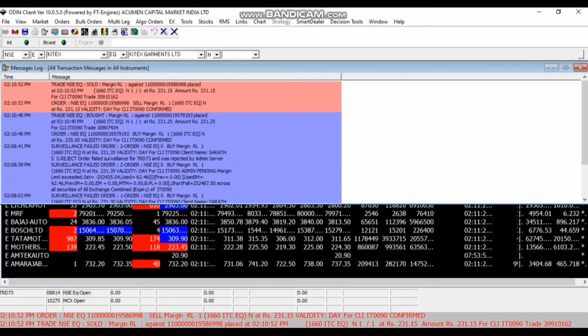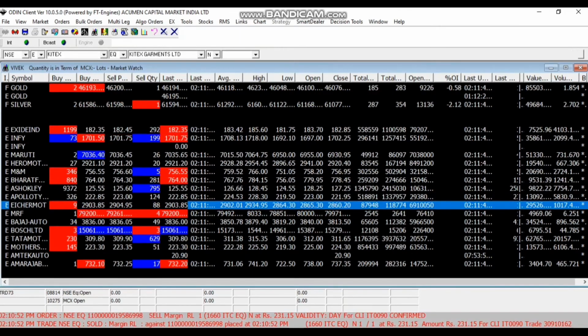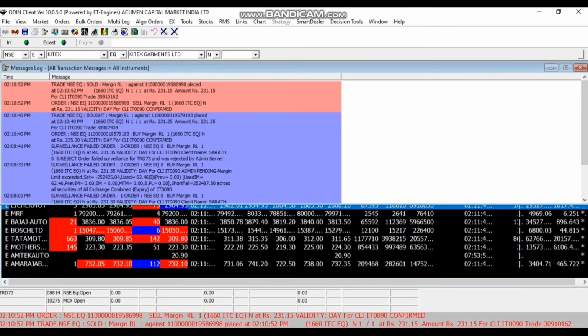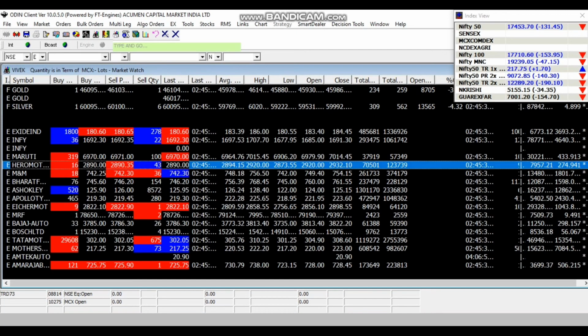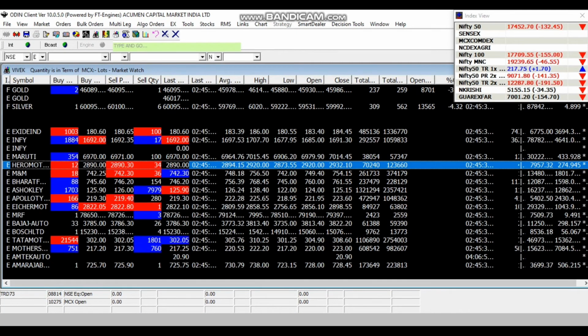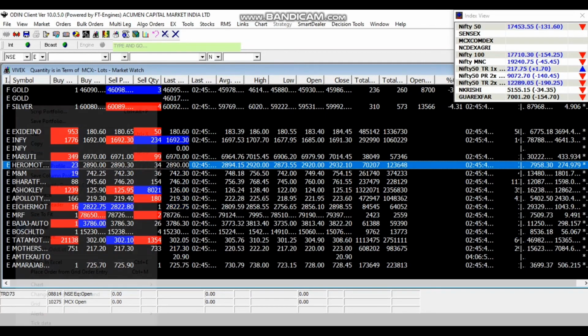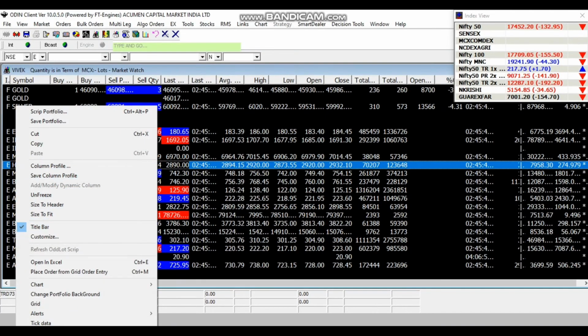In F10, you can see all the trades, pending orders and rejection reasons. You can also filter for a particular client by right clicking, pressing filter and giving that particular client code. So all messages relating to that client code will come.